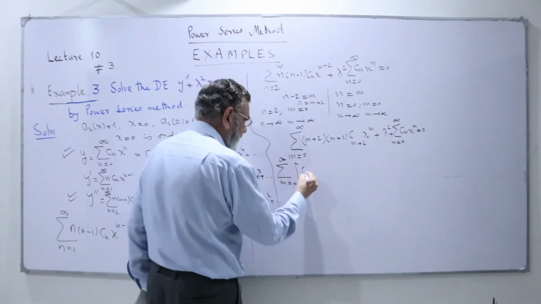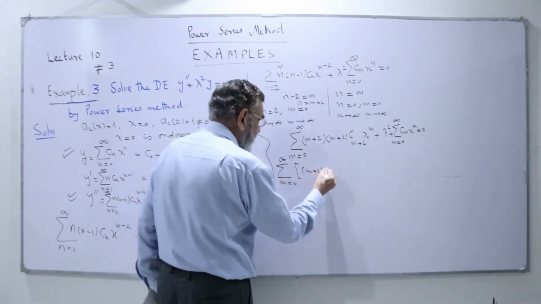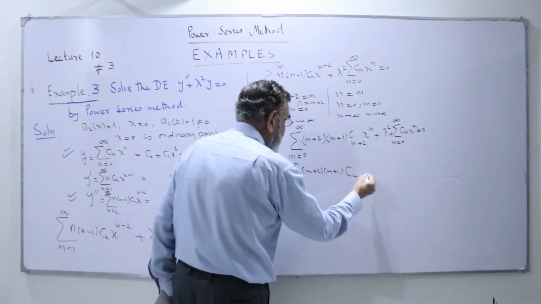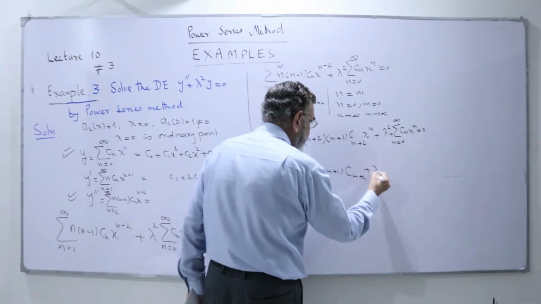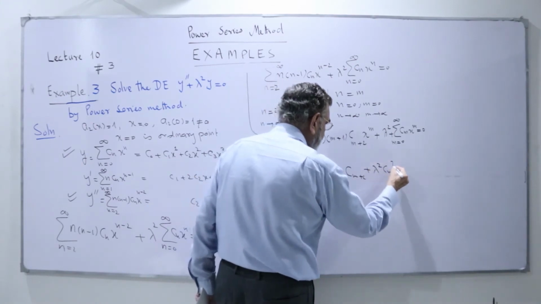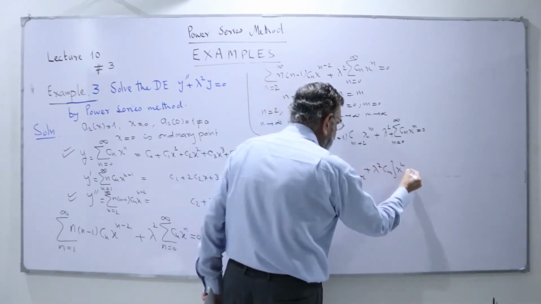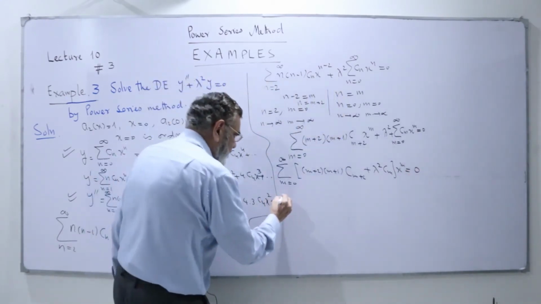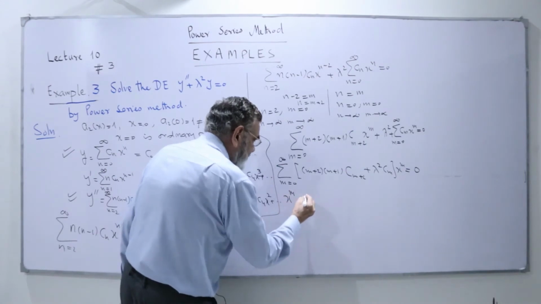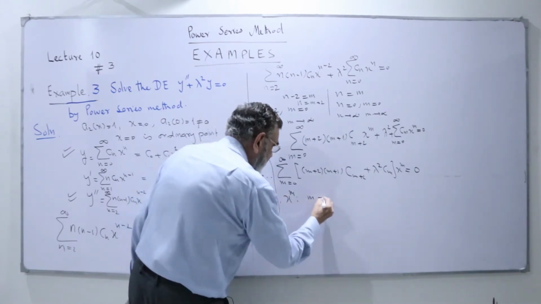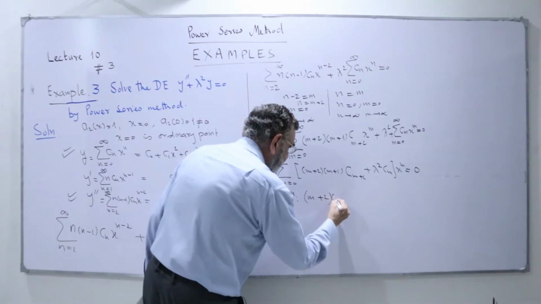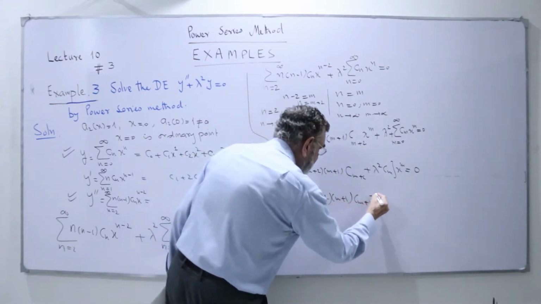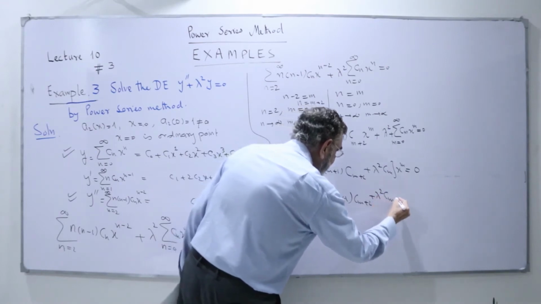Inside I'll get here (m+2)(m+1)C_{m+2} + λ²C_m, times x to the power m, is equal to 0. All the coefficients on the right hand side are equal to 0. We compare the coefficient of x to the power m. We get here (m+2)(m+1)C_{m+2} + λ²C_m is equal to